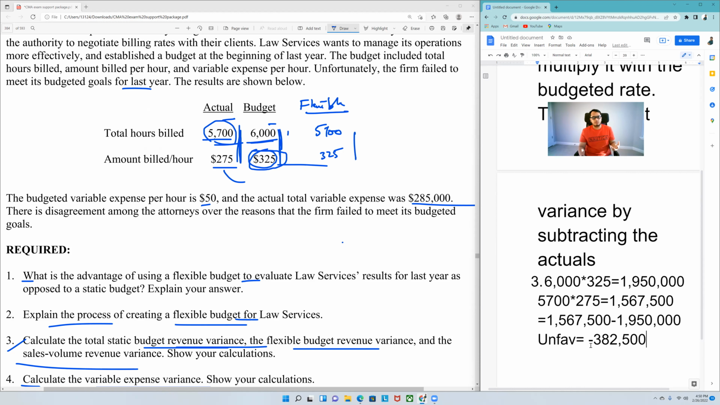Now, what I need to do is calculate the flexible budget revenue. First of all, let me just calculate what is the flexible budget, and then I'll have a flexible budget revenue variance. So first of all, flexible budget, I have put it on this side, 5,700 and 325, so is equals to